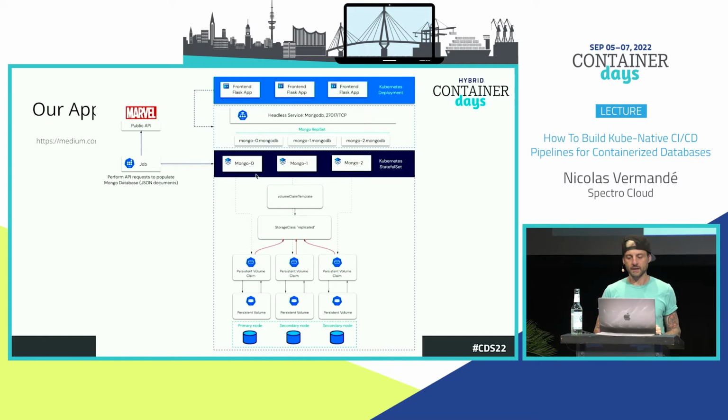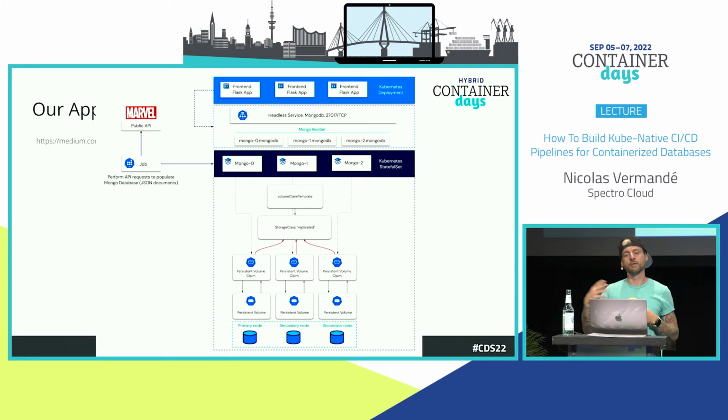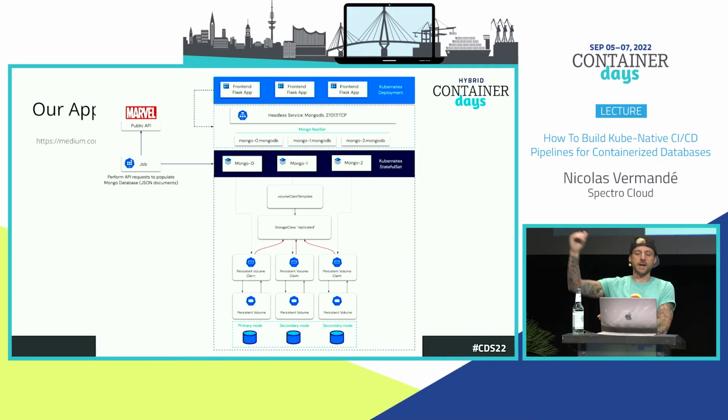On top of this, I also have a job. The role of the job will be to perform some API requests to the Marvel public API to get all this information in a JSON format and store it in a semi-structured way in the MongoDB. So MongoDB will be populated by the job, and then the Flask front end will display what is inside the